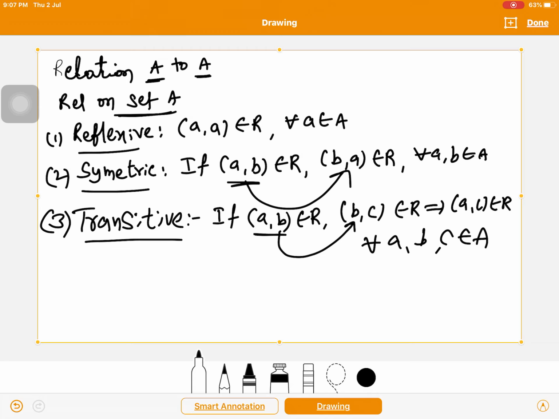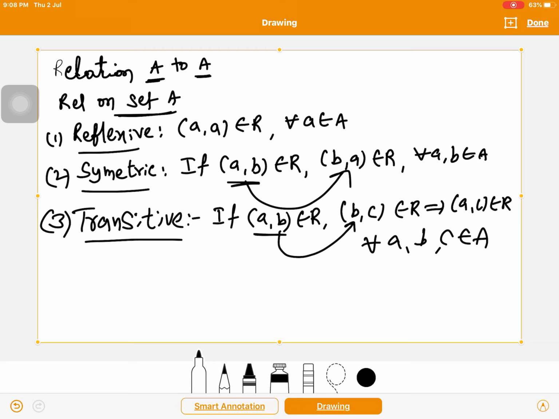Once again, just observe, I'm taking three elements from the set A. I'm taking first (a, b) belongs to R, and you search for (b, c) starting with b. First combination's last element is b, second combination's first element is b. (a, b) belongs to R, (b, c) belongs to R. Then you observe whether (a, c) belongs to R or not. For all a, b, c belongs to A, then the relation R is called transitive.